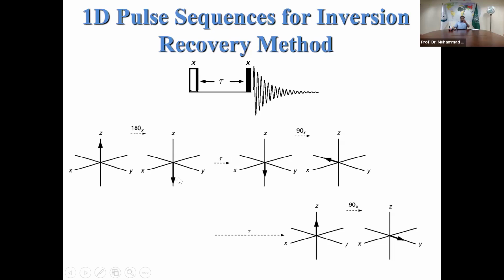So the magnitude of this vector will shrink. And then when you give a 90x pulse, you bring it to the XY plane, and then you detect it. The third experiment, you give 2-second delay. This will further shrink. Okay. Then 4-second or 5-second. Eventually, after some time, this magnetization vector will be on the positive side,